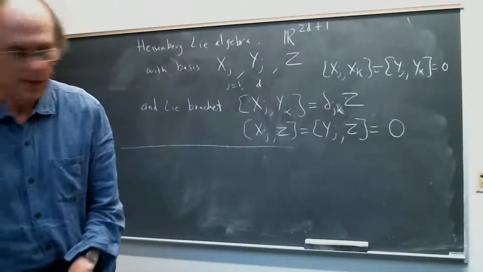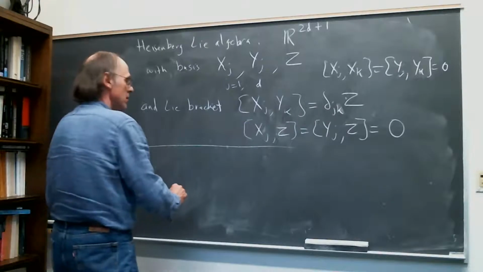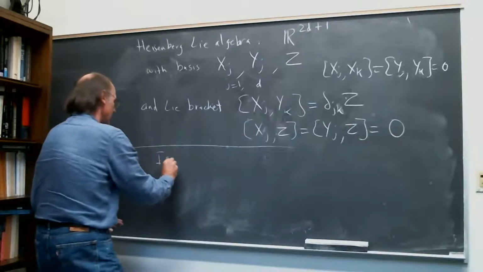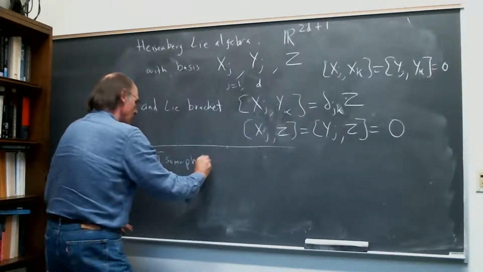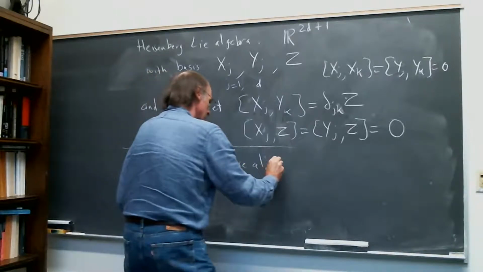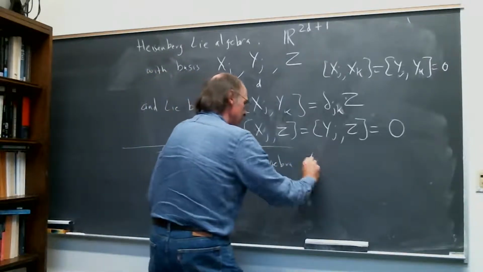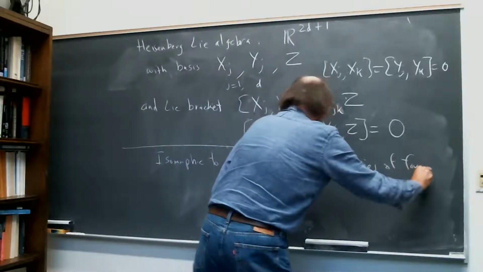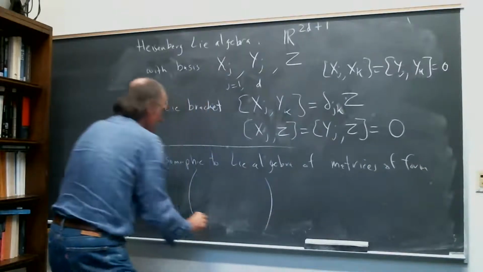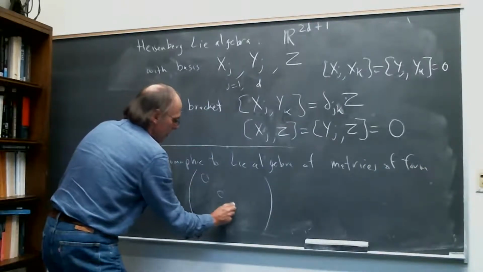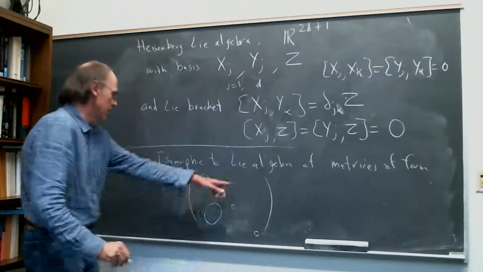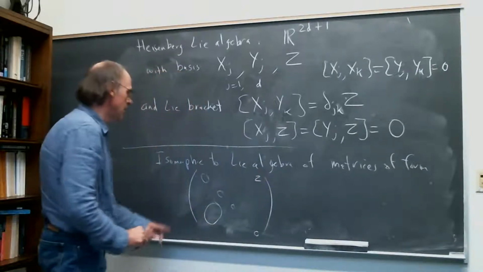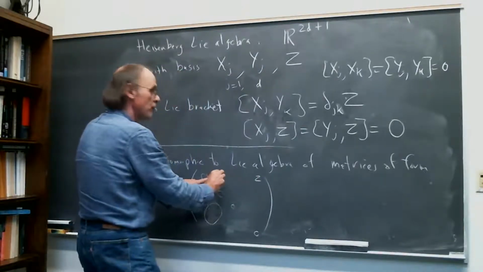Let me just say this: it is isomorphic to the Lie algebra of matrices of the form, so let's see, you take things that are 0 all the way down the diagonal and 0 on down here, and then you put z up here, and then you put the components of